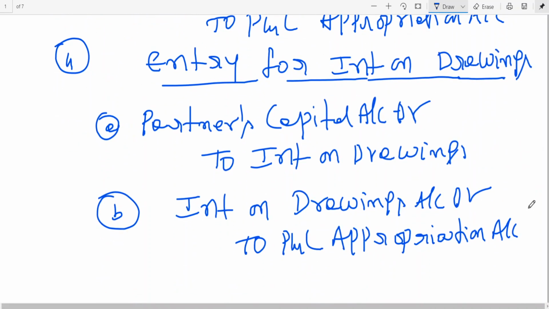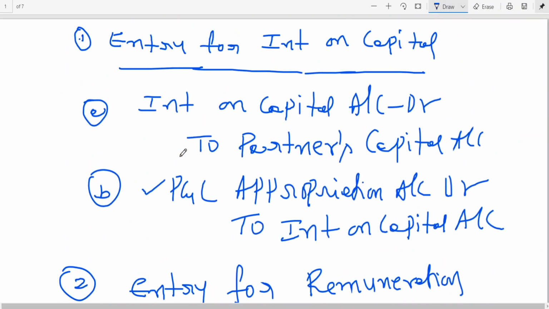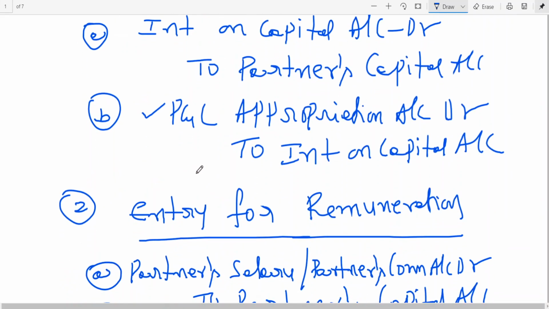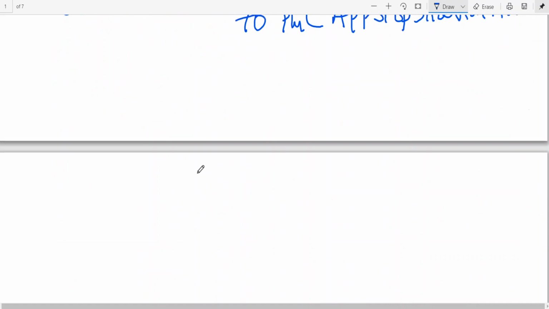Is this clear to all of you? So how many entries have you learned? These four entries. Whatever I am putting a tick mark on, we have shown as a ledger posting, calling them a format. Is this clear? Everything is not important from the examination point of view. Understanding the concept is important. How you are going for posting will give you clarity. That is the reason I have given these entries to you.